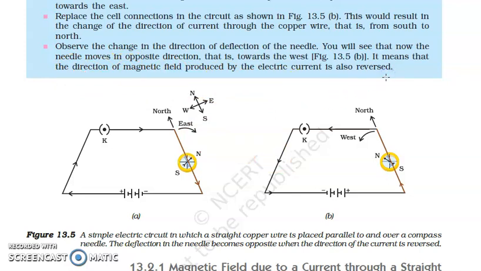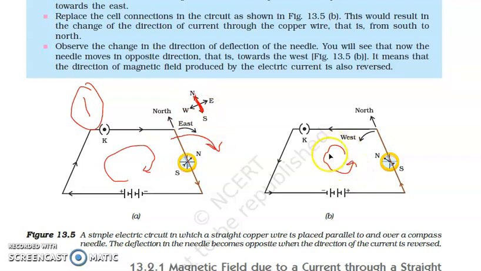It means whenever, let's say this is the battery which has potential difference V and the current is flowing from this direction to this direction, I mean the direction of current is in this way. And in this case the current direction is this way. So I am trying to compare these two things. Whenever the magnetic compass is placed along the north-south direction in arrangement number 1, then we will observe that this magnetic compass will be deflected towards east.